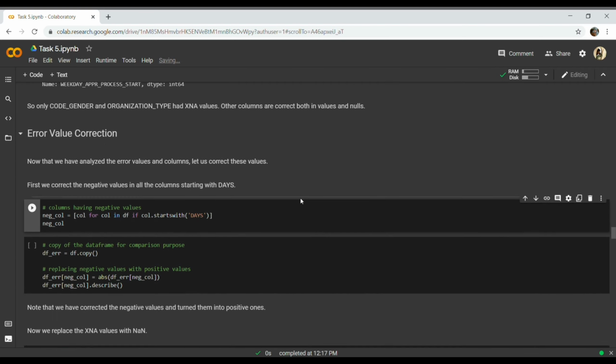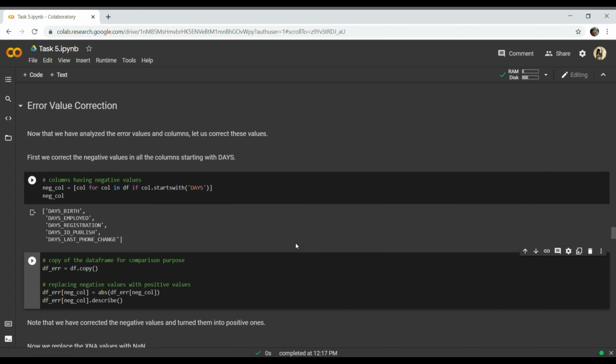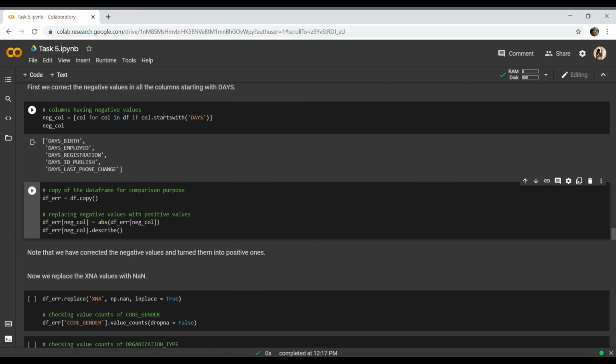In error value correction, our first step is converting the negative values to positive ones. So the negative columns are days birth, days employed, days registration, days ID published, and days last phone change. So these 5 columns have negative values. We are creating a copy of the original so that our original data frame does not get affected.